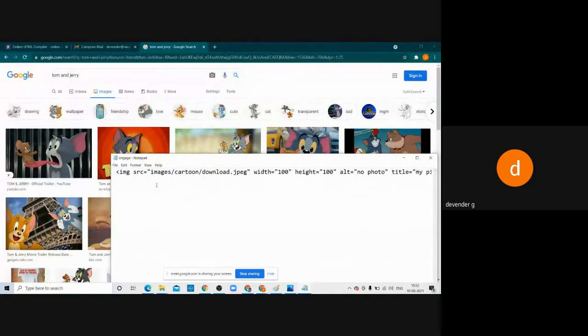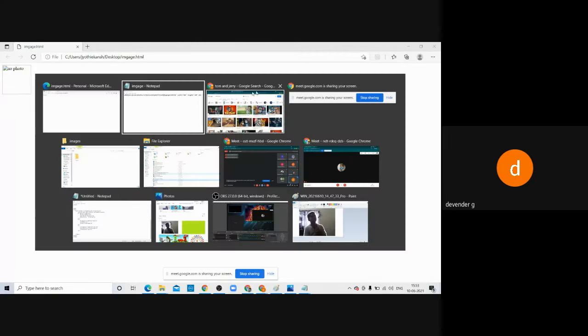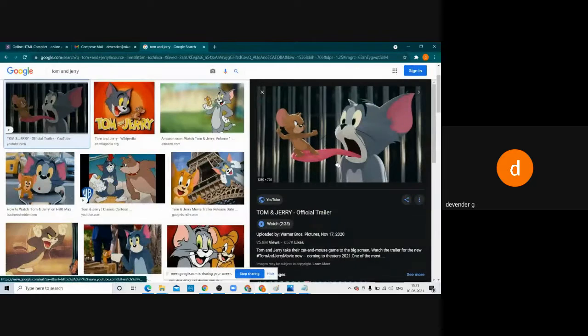So you understand this one, how you use the pictures that are available on your computer. If it is available on your computer, you have to use it like this. But if the image is not available on your computer, it is somewhere on a website, so I have given the full address of that. Now save this. Now you go to your website and try to open it. Okay, it is not taking the exact location because it is saying some language. So we'll try to get the exact image, where this image is.